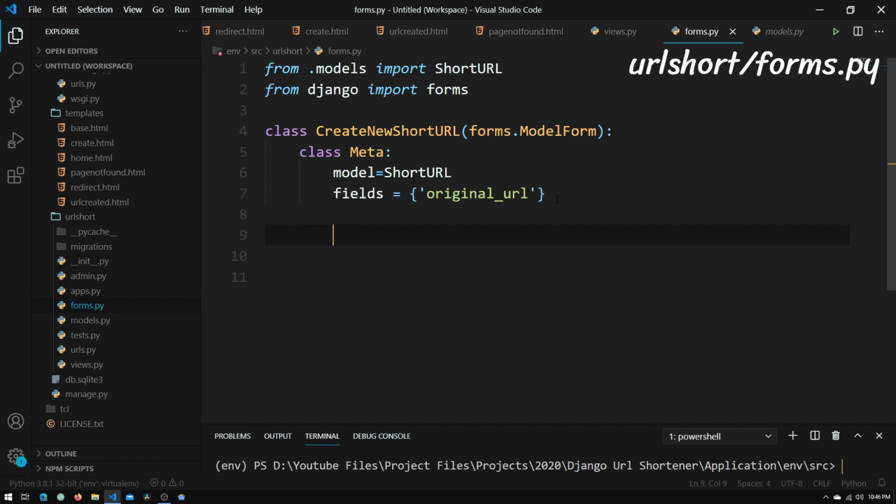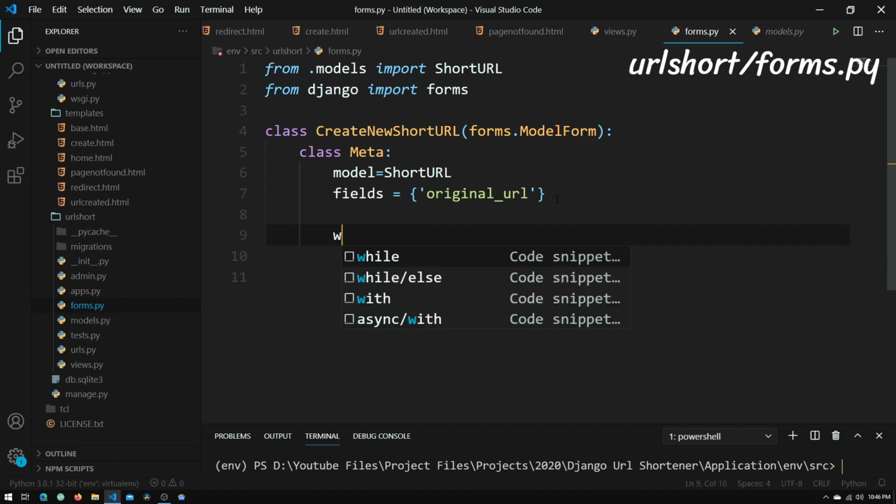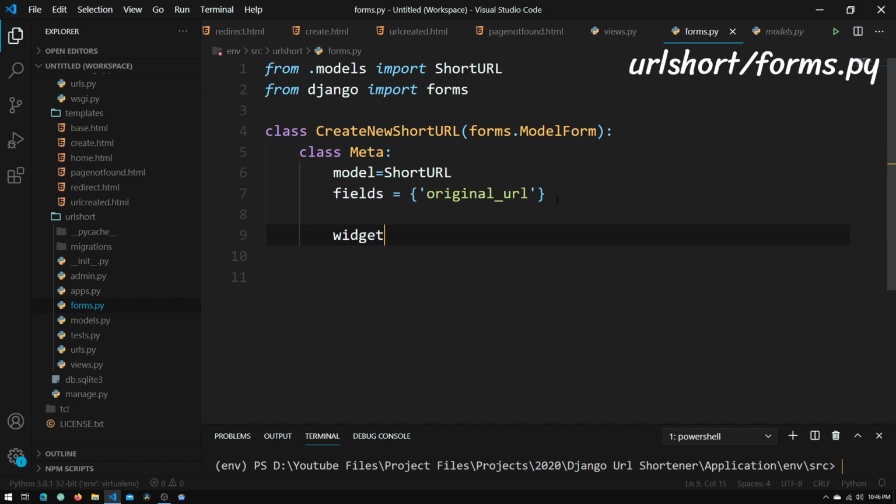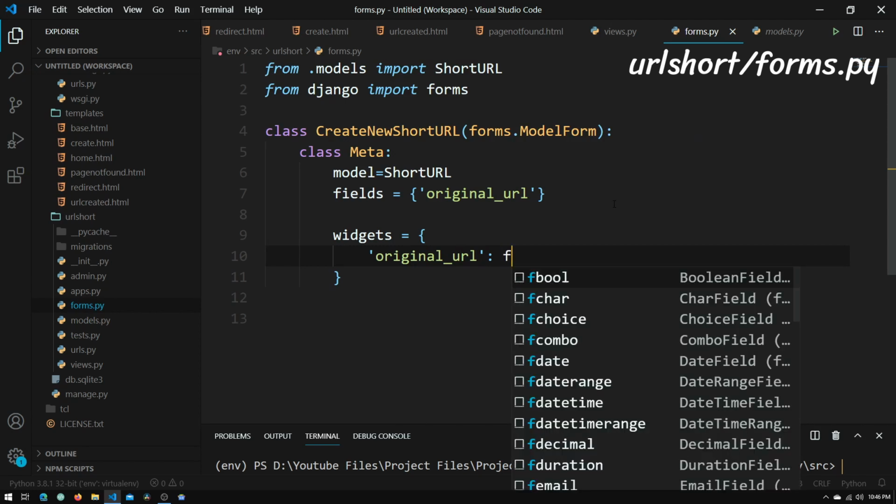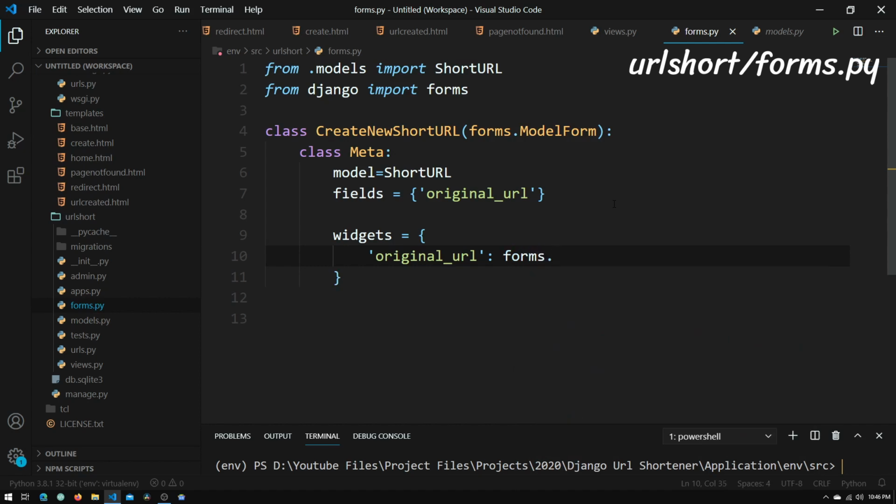So what we'll need to do for that is just create a dictionary, call that widgets equals, open up the curly brackets, and in here what we'll just first type in is original_url, put a colon. Right here we'll need to type in forms.TextInput,